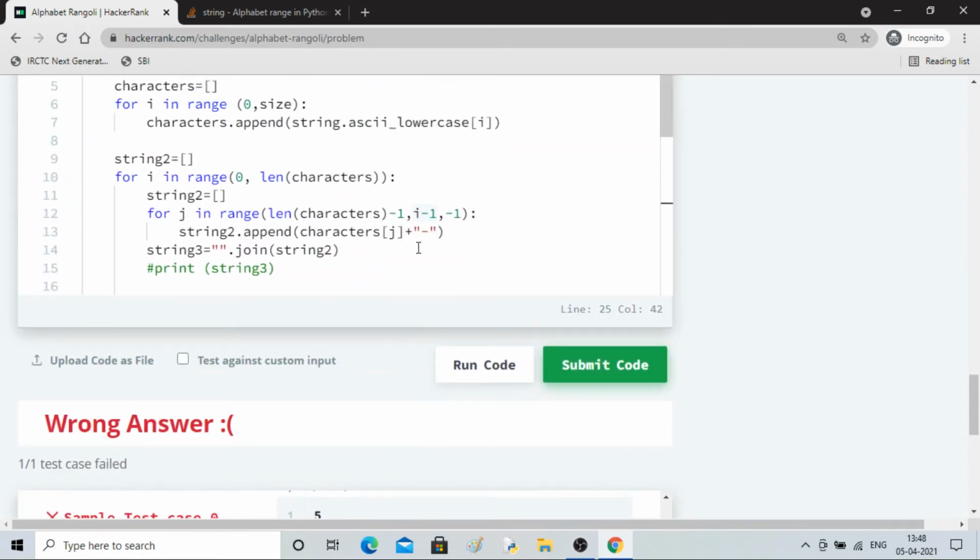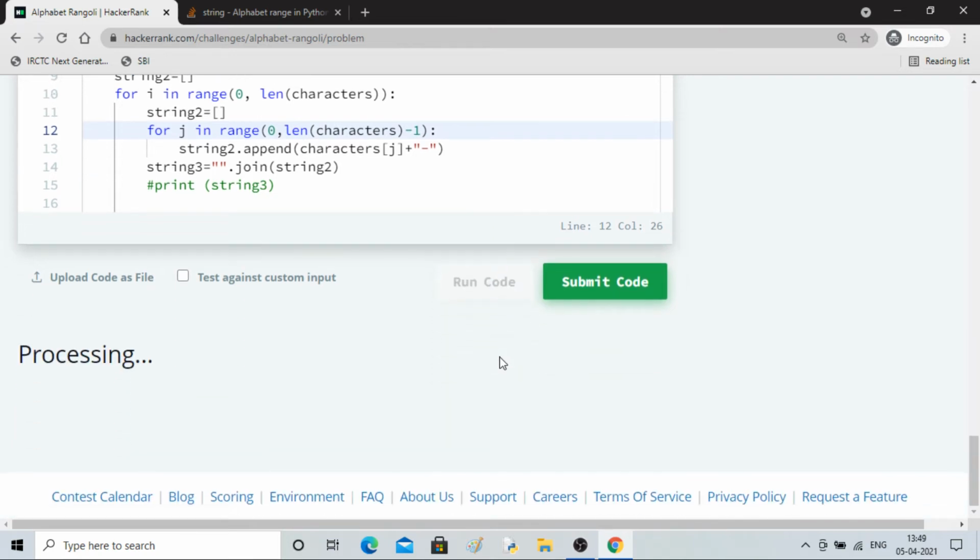If I put i, it will go from 0, then 1, then 2, then 3. That's how it is going. So I think I should increase in this way. Let me make it in increasing order: dash length minus 1.